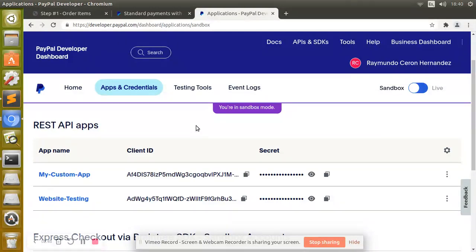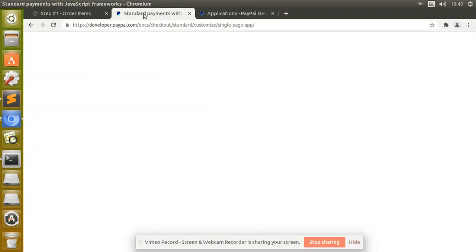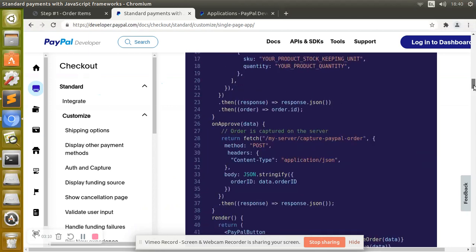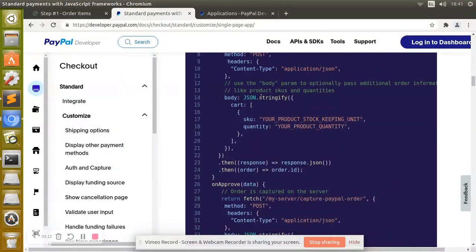In my case, this is my client ID. So I'm going to copy the client ID to the clipboard, and once I've copied it, I have to... sorry, there is one more step. If I head over to the PayPal documentation,